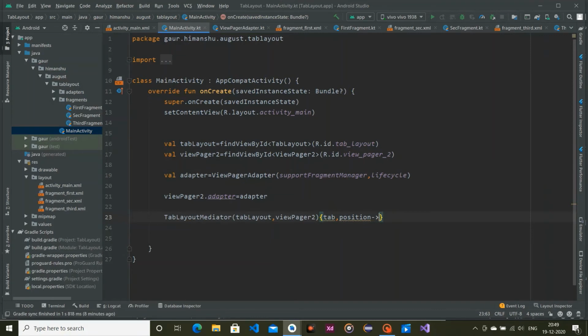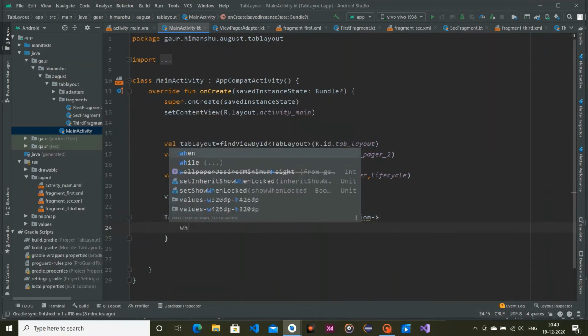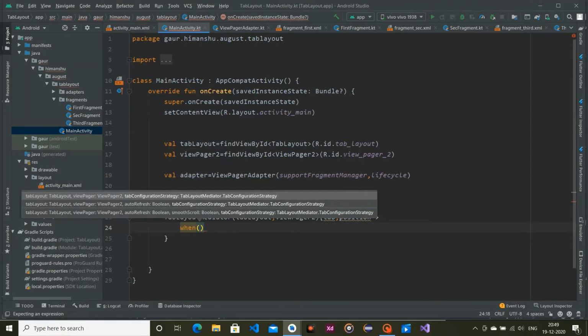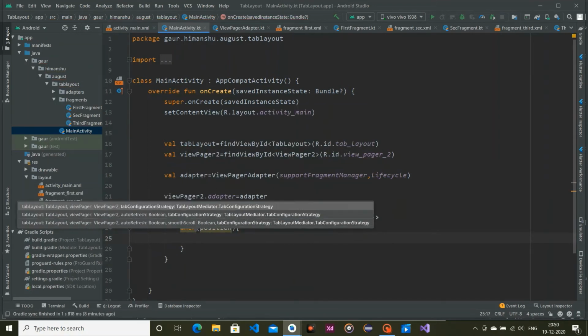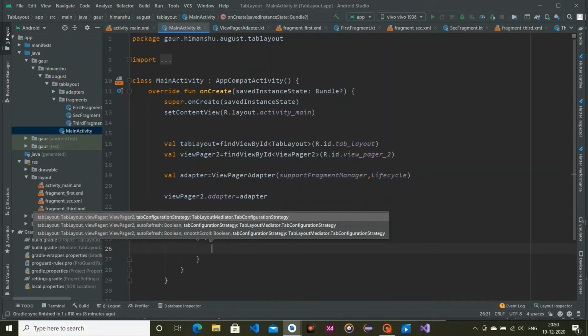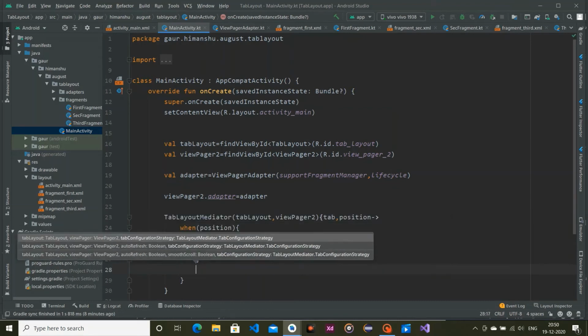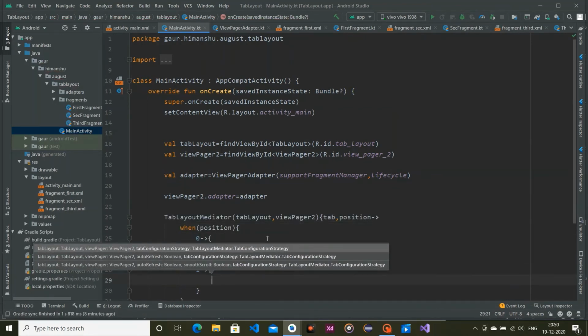Okay, and now, just like in our adapter, when our position is 0, we will set our tab layout text. So tab.text, and we want to set this as first.